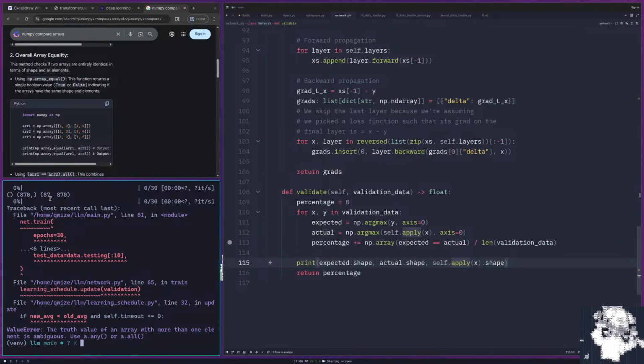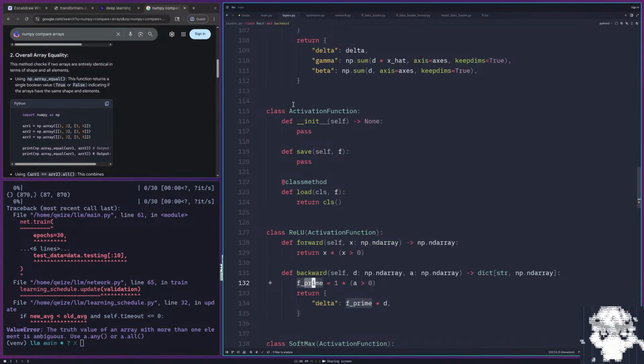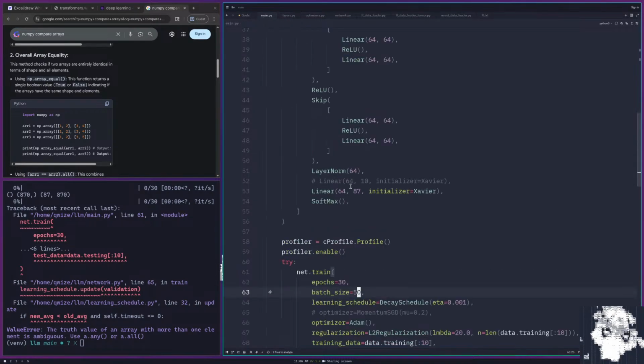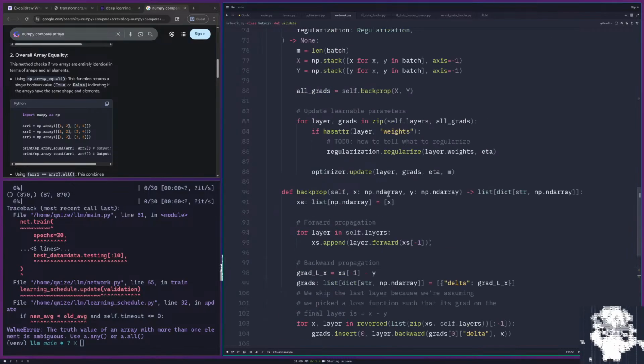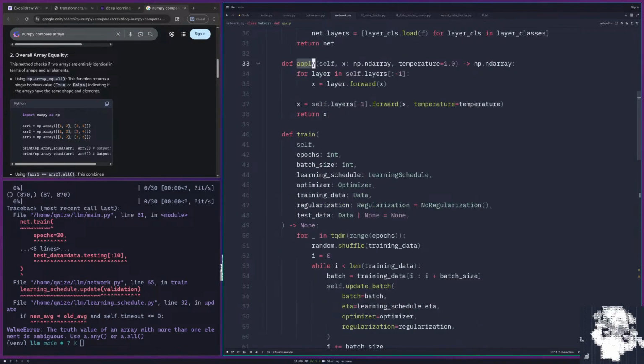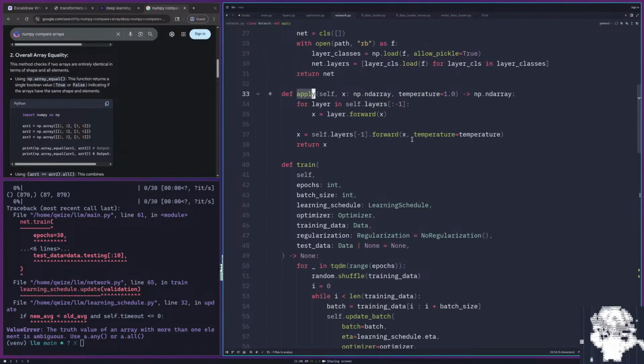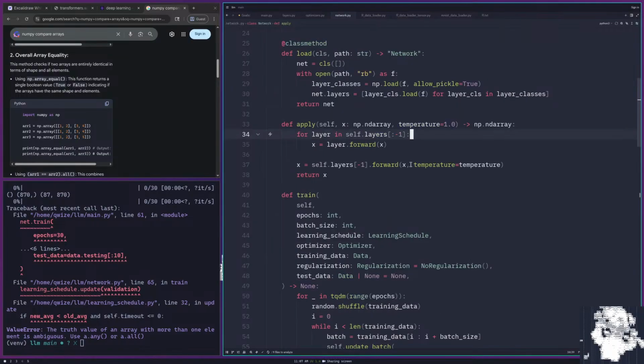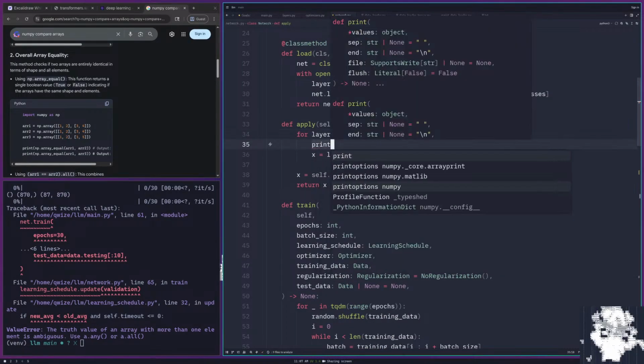The final activation should be 87 by 1. So is there something broken in my softmax? Why don't we go back to network to apply. Print